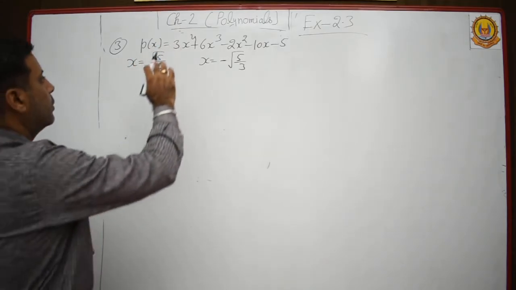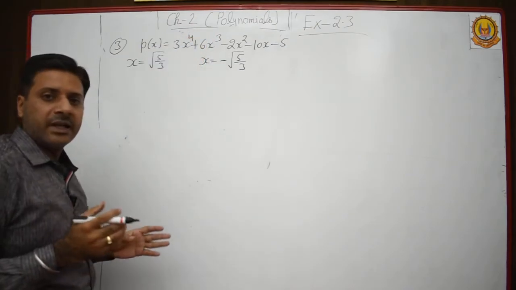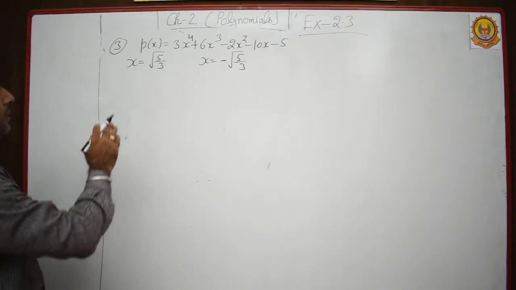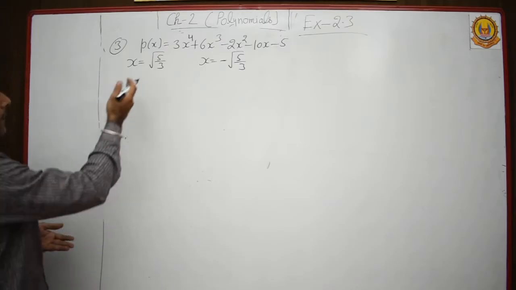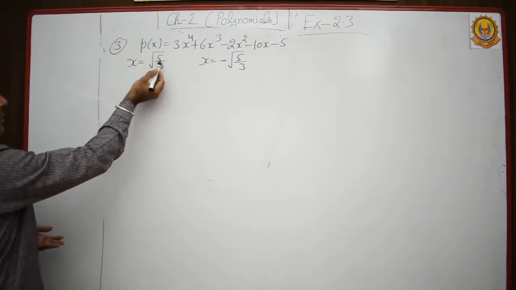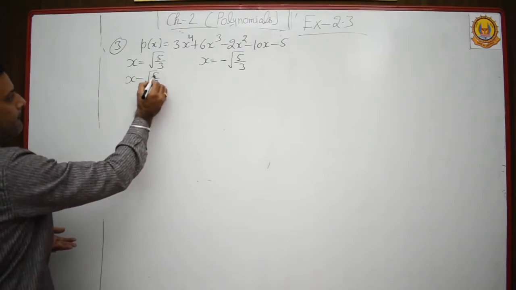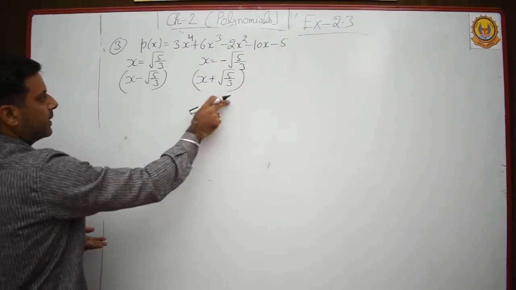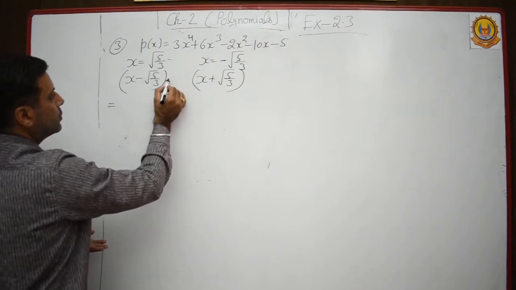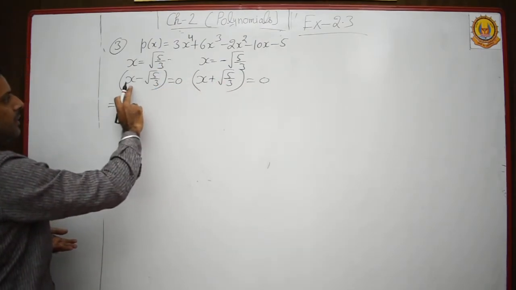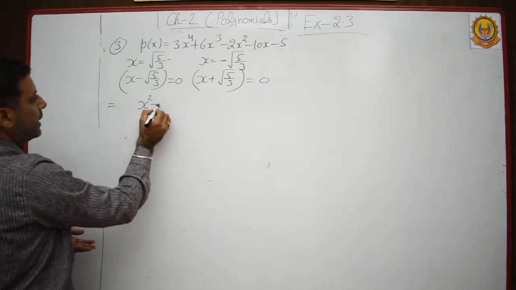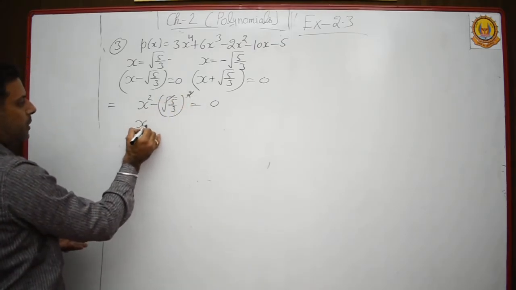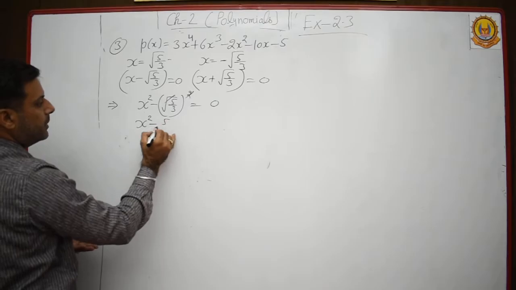So look at the degree of the given polynomial, and its degree is 4. So it means it has 4 zeros, and 2 we already have, and 2 we have to find. So look at the method. Zero means value of x, you know very well. So now convert it into factor form. x minus under root 5 by 3, and x plus under root 5 by 3. Now multiplying these factors, you get equal to 0, equal to 0. Now multiplying these two factors, a minus b into a plus b, so a square minus b square, and 0 multiplied by 0 equal to 0. So x square minus 5 by 3 is equal to 0.